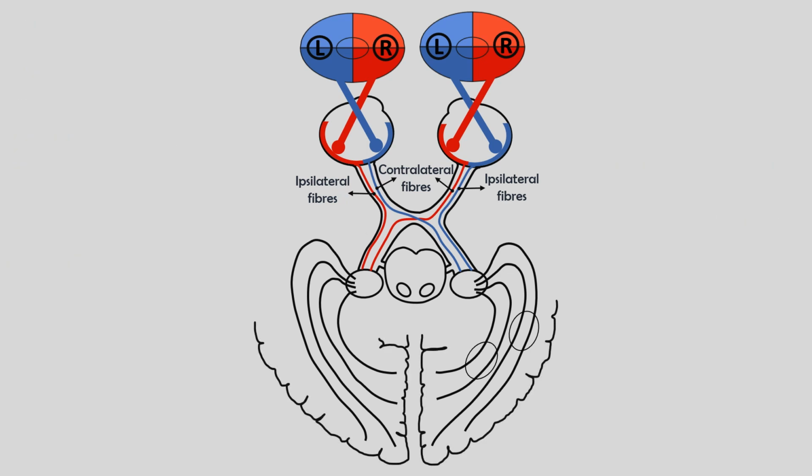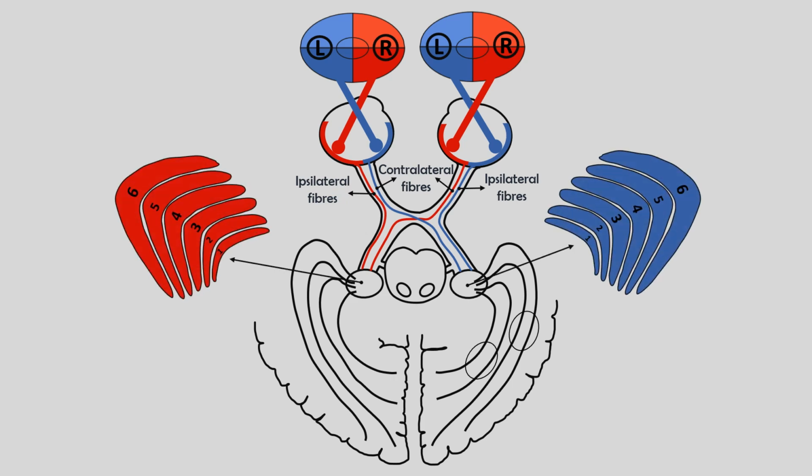Now when all the retinal fibers reach this area called the lateral geniculate body, or lateral geniculate nucleus, I want to tell you that the lateral geniculate body has 6 layers of neurons: 1, 2, 3, 4, 5 and 6. Why is it important to know? Because the ipsilateral and contralateral fibers go to the layers as per their numbers. All the ipsilateral fibers within the lateral geniculate nucleus go to layers 2, 3 and 5, and contralateral fibers make connections with layers 1, 4 and 6.